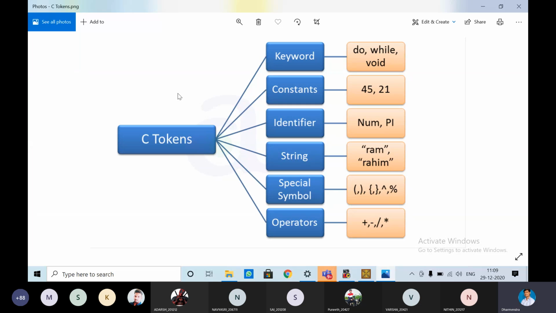So this is a small image to understand what is C token. Okay, C token, it is actually,